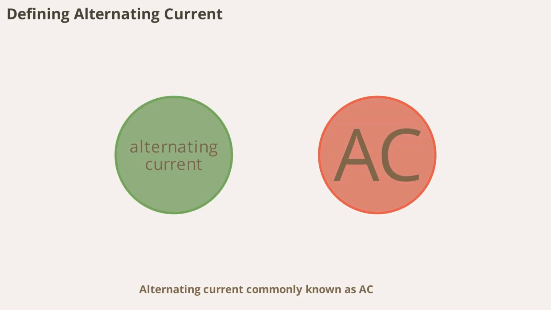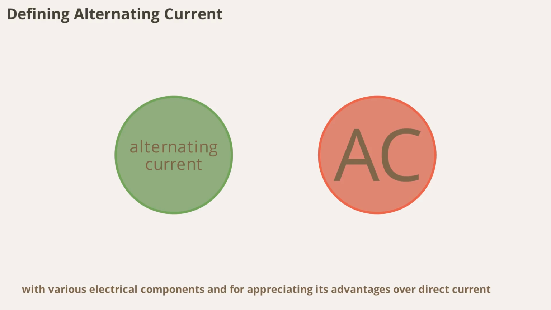Alternating current, commonly known as AC, is an electric current that periodically reverses direction. Unlike direct current, which flows in one direction, AC changes its direction and magnitude with time, typically in a sinusoidal pattern. This property makes AC ideal for transmitting electricity over long distances, as it can be easily transformed to different voltages. The most common example of AC is the electricity supplied to homes and industries. Understanding the nature of AC is crucial for analyzing how it interacts with various electrical components and for appreciating its